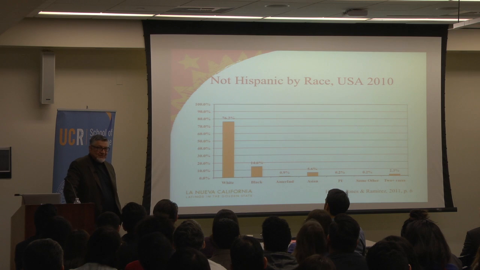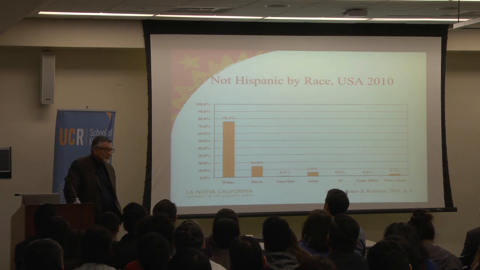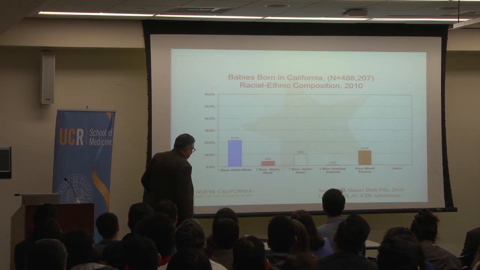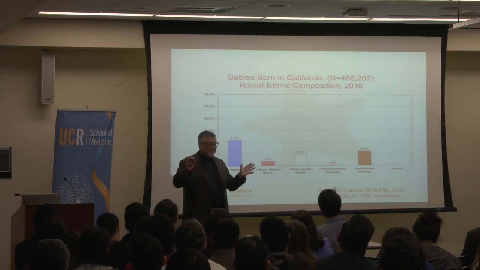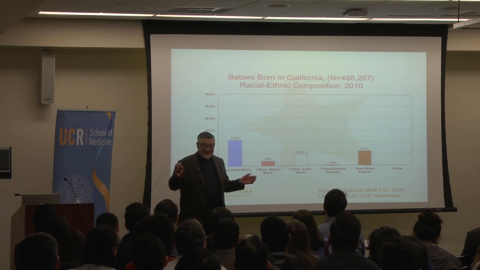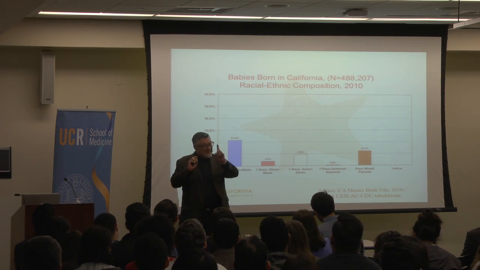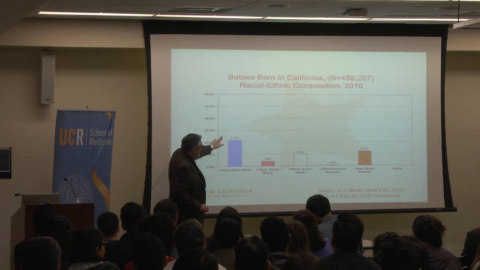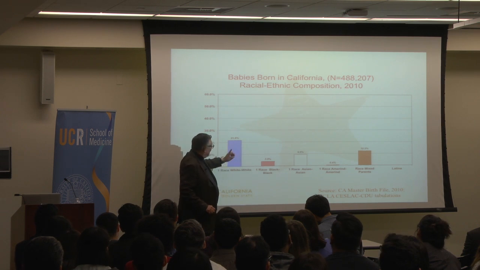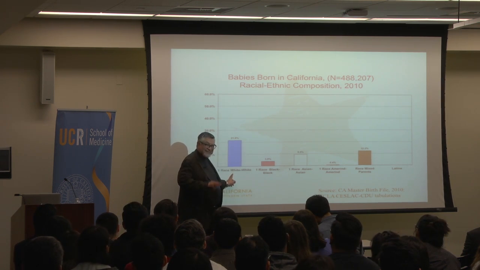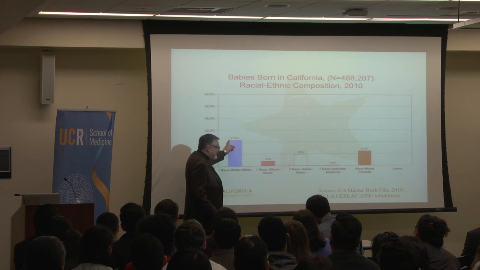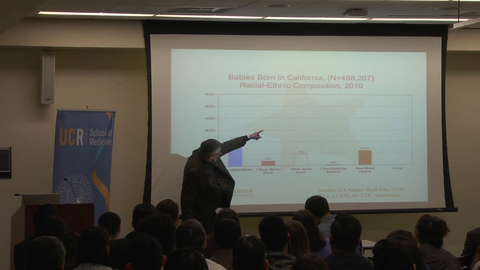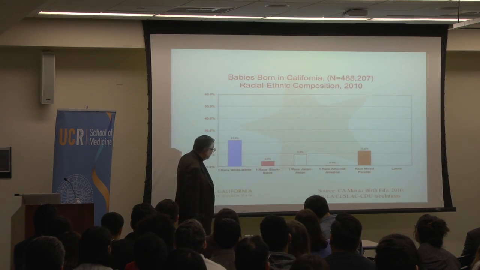So let's put this into operation. Let's look at the mothers and fathers of babies born in California in 2010. We're getting this off the master birth file. Let me explain this. You know, the census has really cumbersome terminology, right? So you can be a single race person. These are the babies, and this is all based on the mom, by the way. The mom is single race white, that's census terminology, right? And the father is also single race white. So that's 21% of the nearly 500,000 babies born in California.